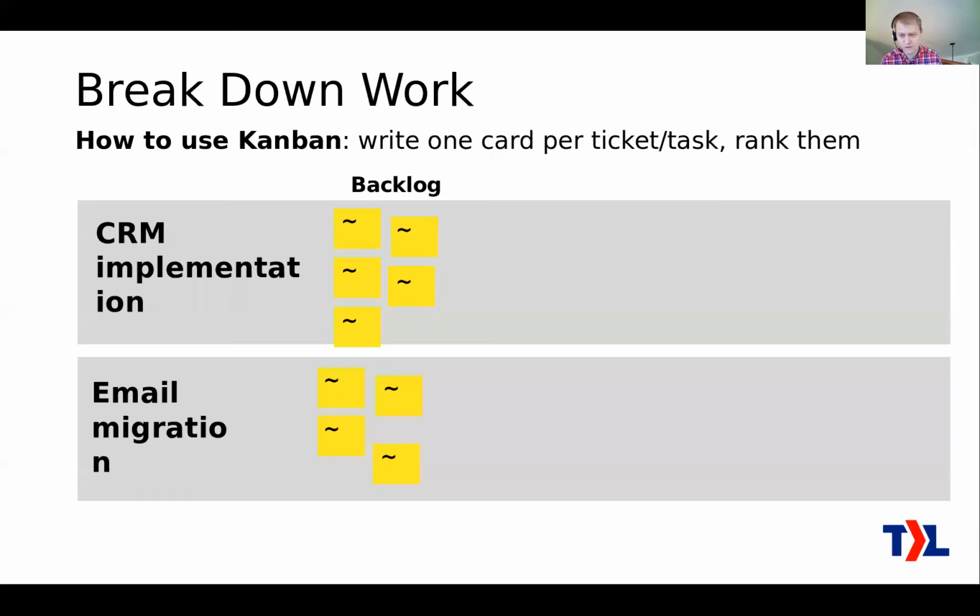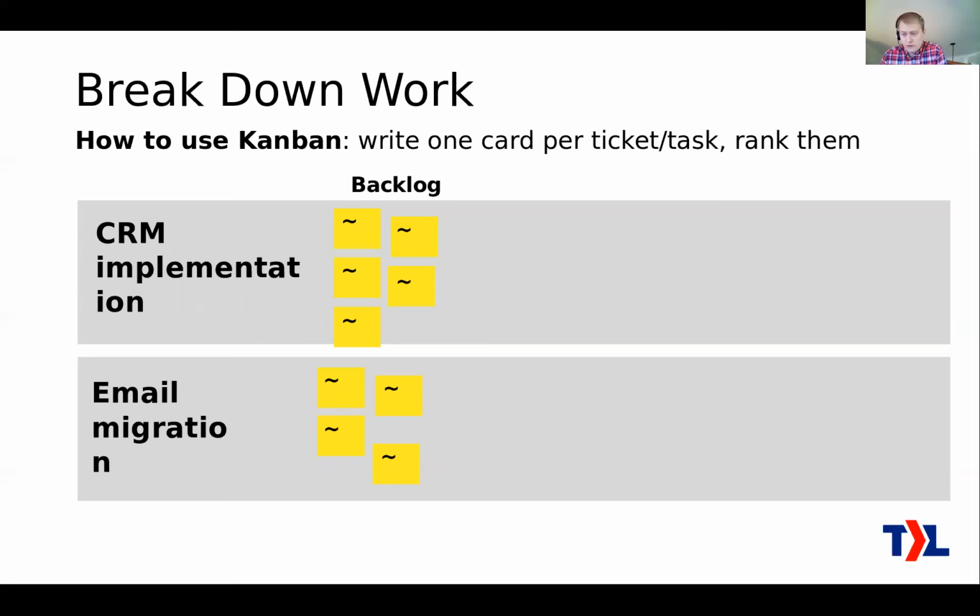Okay, so how do we use Kanban for this? Okay, we started out with our swim lanes, the horizontal groups there, and now we've broken down the work. So each little yellow box there is like a sticky note. Put it in a column called backlog. This is the work that you know you need to do. We're not saying anything about how it's going to be done yet, but at least it's written out.